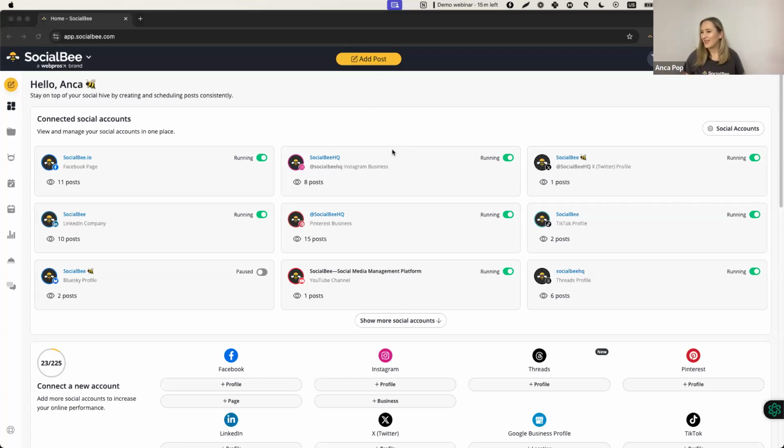The first question. Hi, Anka. Can you post differently with more features if we have a Facebook professional profile? So the Facebook professional profile is still a personal profile. Unfortunately, this is the new development with Facebook. They haven't included it into the API yet. They will probably at some point, but for right now, unfortunately, any type of personal profile, whether it's a professional